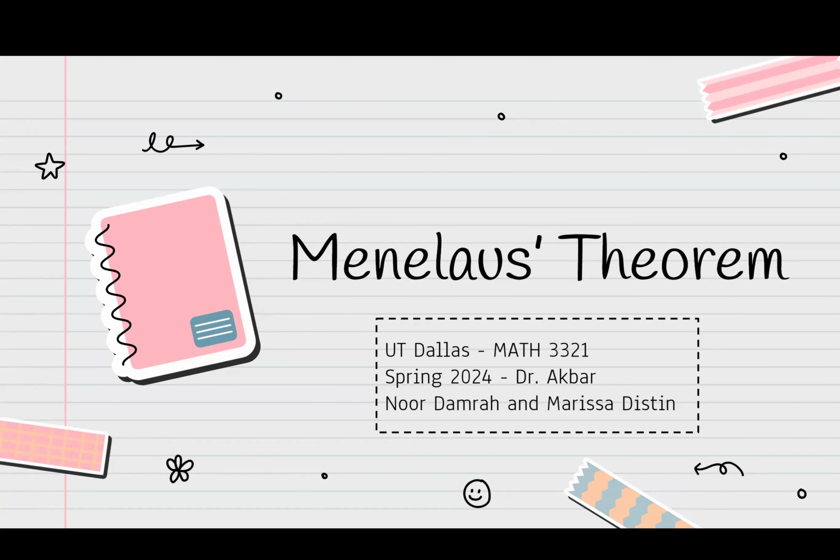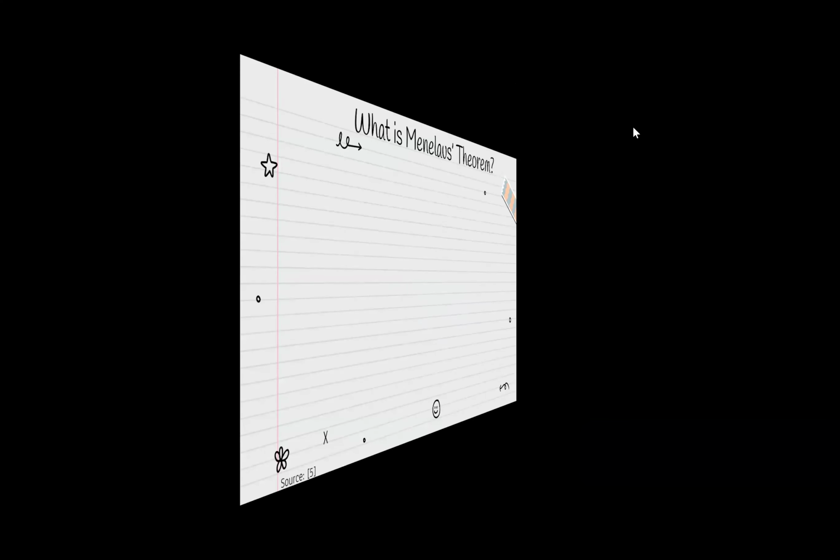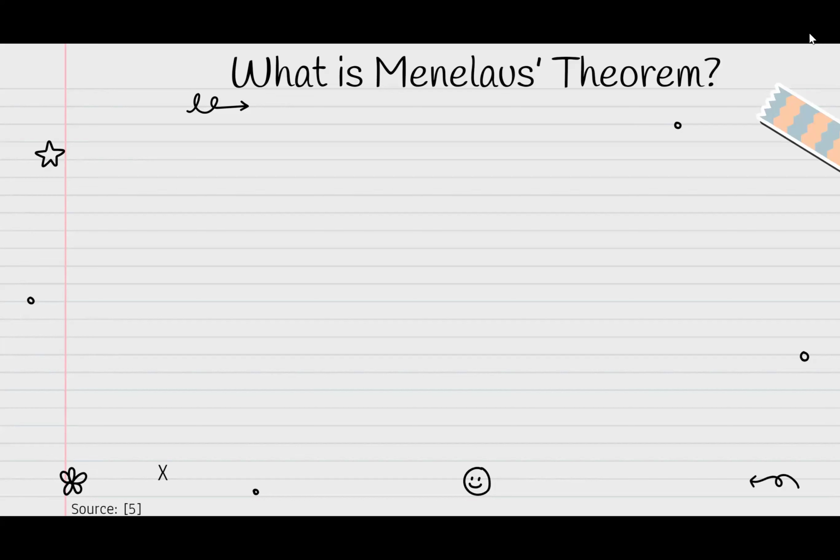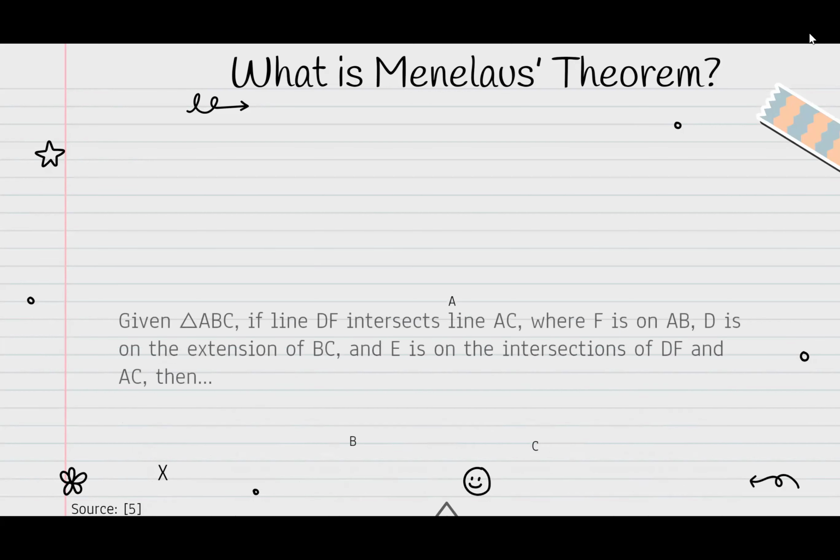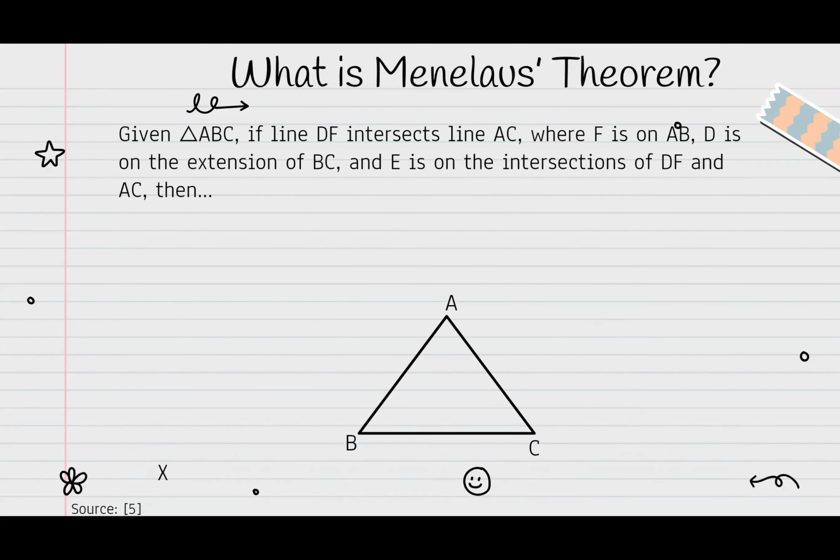We will be talking about Menelaus' theorem today. All right, so what is Menelaus' theorem? This theorem states that given a triangle ABC, if line DF intersects line AC, where F is on AB, D